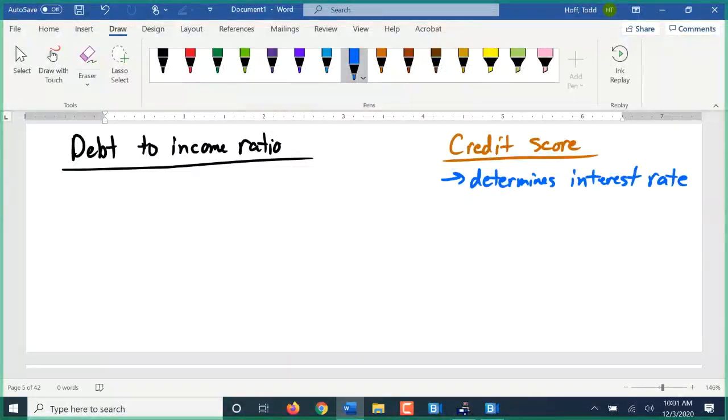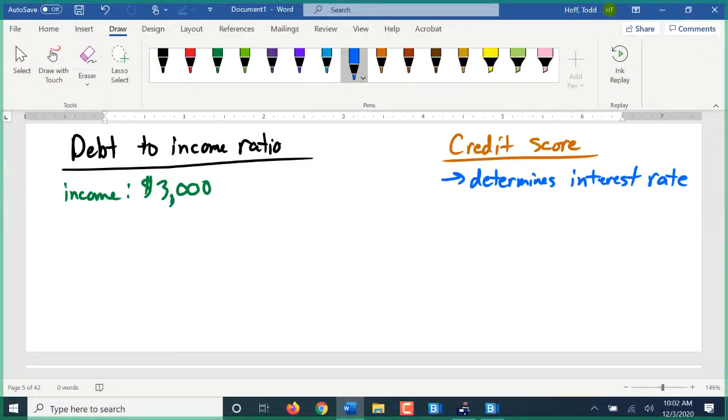What determines whether you get the loan or not? You could have an 800 credit score and still be turned down for a loan because of your debt to income ratio. Let's say that in a given month, your income is $3,000. And your debt,